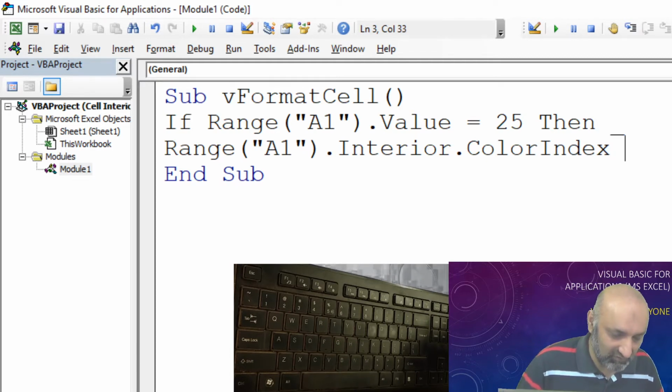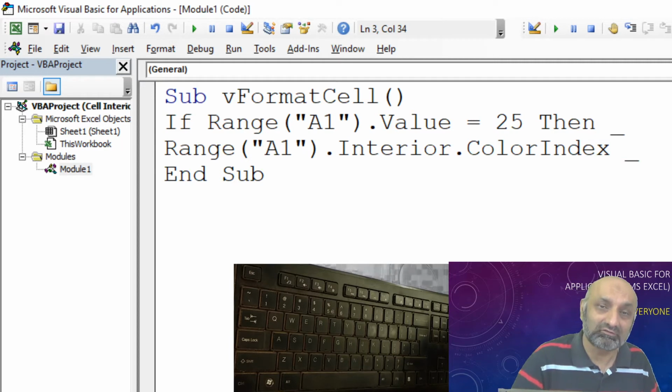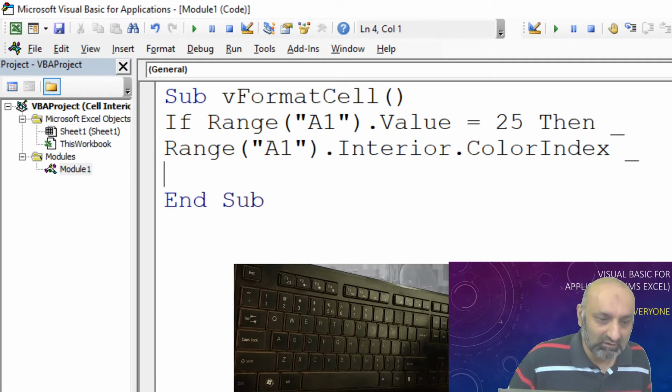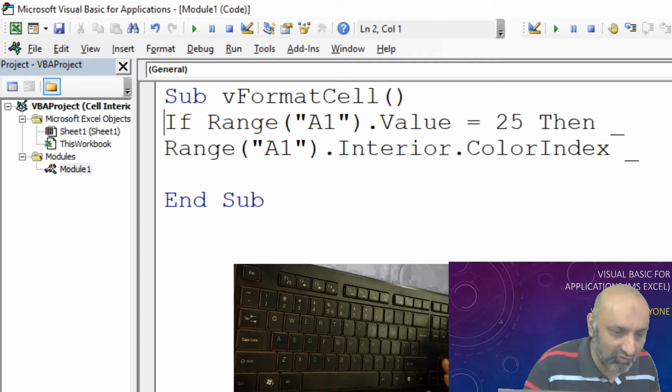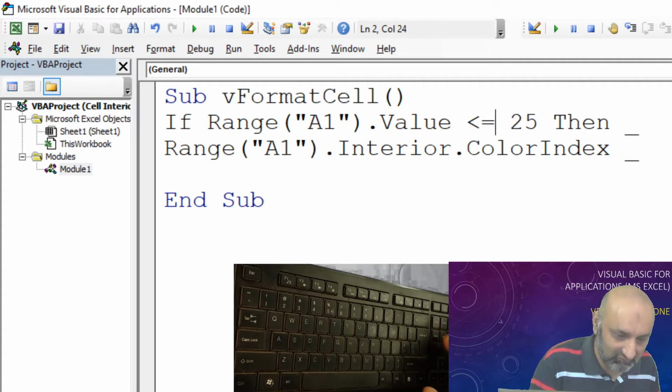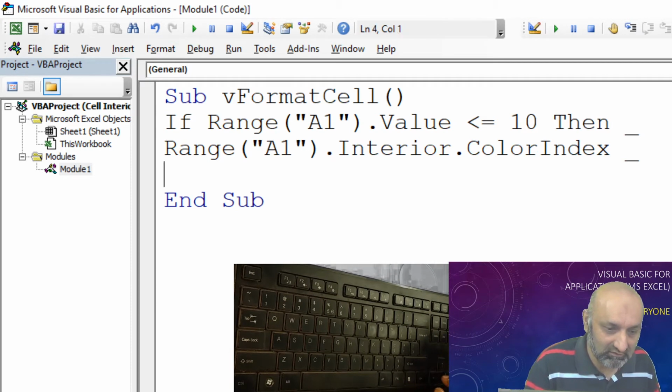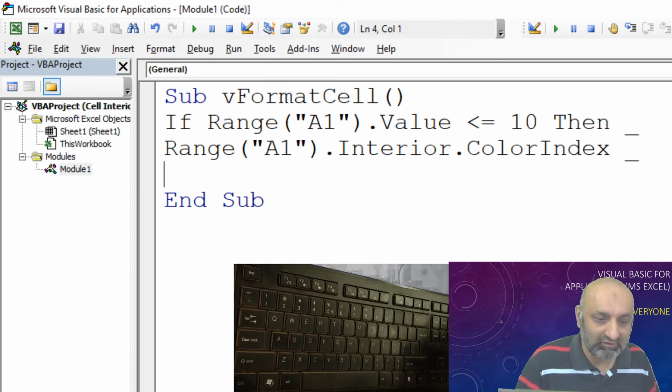So space and underscore, my command is still continuing to the third line, is equal to, but we don't want this 25. We want to say if it is less than or equal to our first condition, then A1 interior color index should be equal to what?